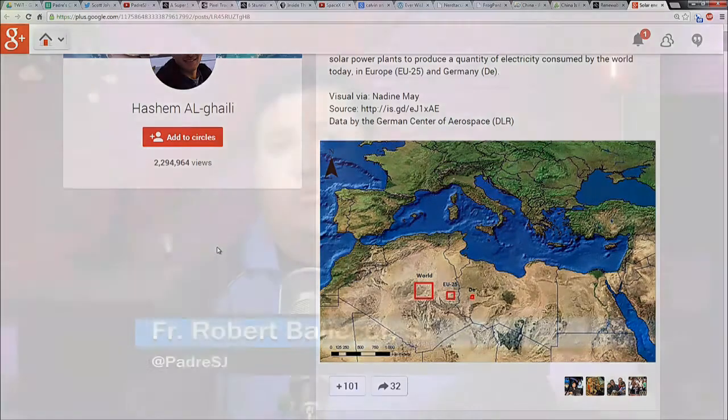And it's been a rallying cry. And I understand that they're not trying to say, oh, let's cover the Algerian desert in solar panels. But they're using this to say how easy it would be. And honestly, it's not. I'm all for renewable energy, but if you were to locate all of your solar panels